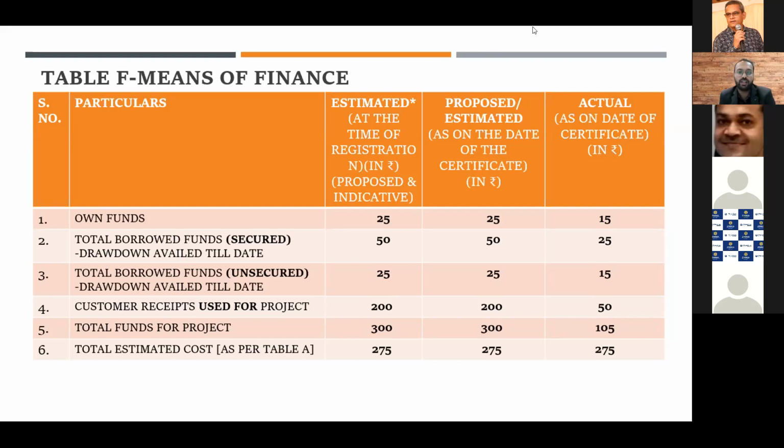Yes. So again, this entire table is very much vague, and we have to depend mostly on this. Here the point which I wanted to make is that project finance should be used for the project. Suppose the project cost incurred is 80 as of date, then you have collected 105.